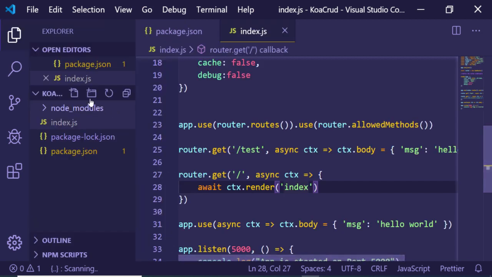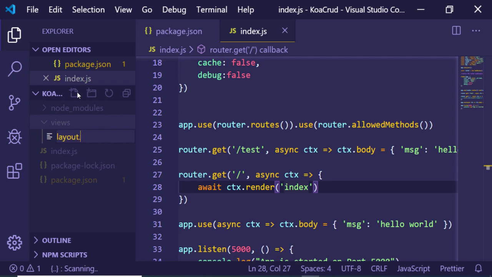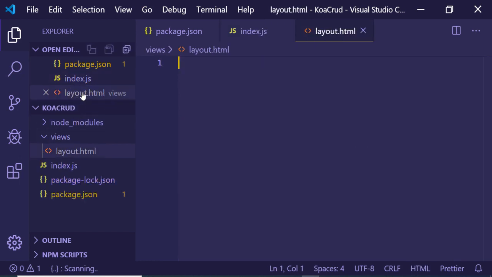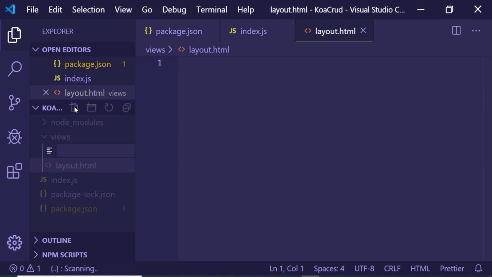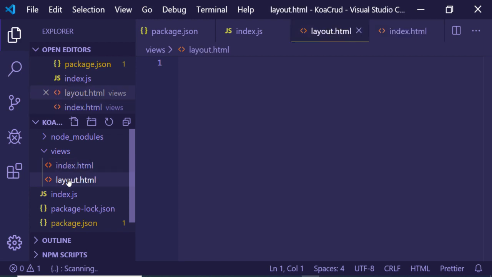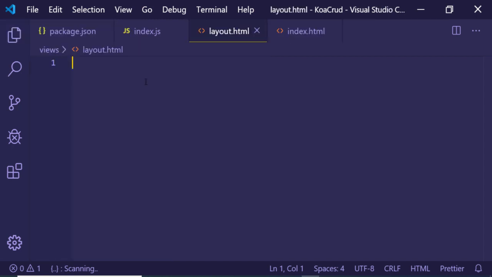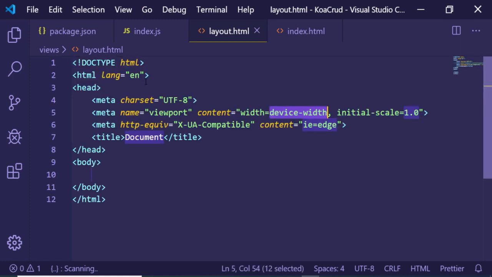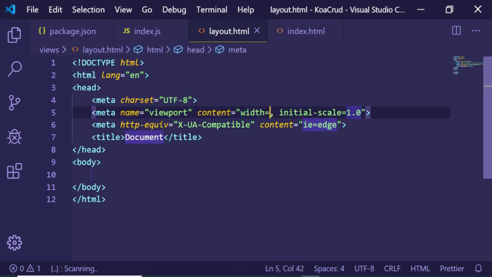Now guys, I will be creating the views folder. So right here inside your root folder, just create a views folder. Inside it we will create two files. First will be the layout file, layout.html, and the second file will be index.html. So basically first of all we will create the layout.html file. So here we will have all the defaults that we need to write. So I will just write exclamation mark and tab. This will generate a basic document inside my editor here. So I will just write here countries CRUD application,